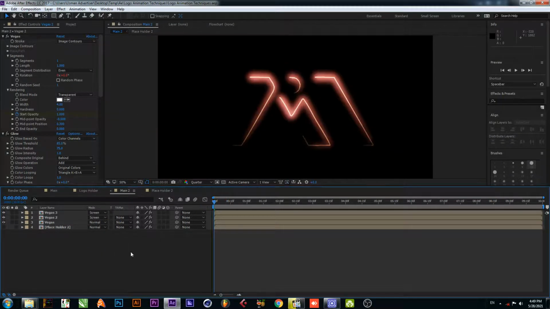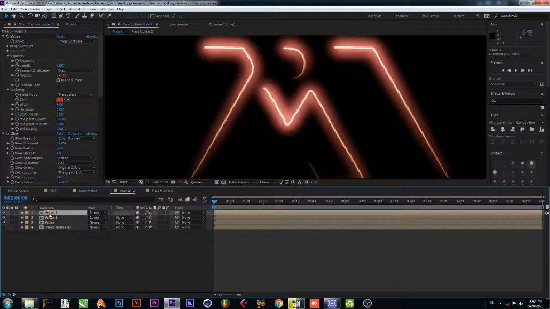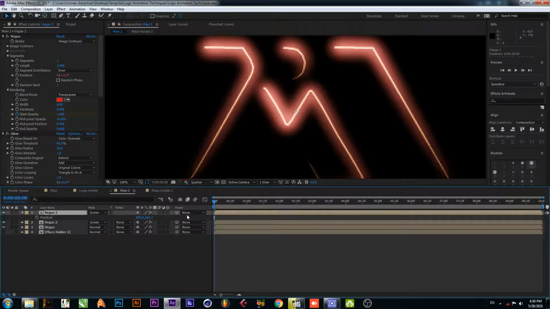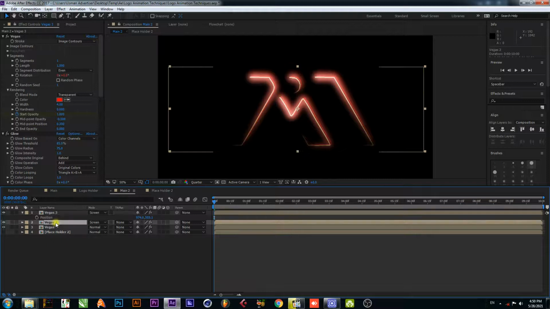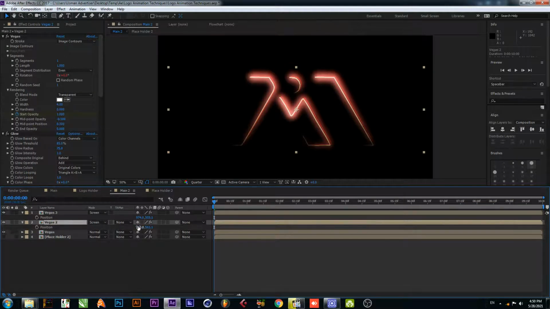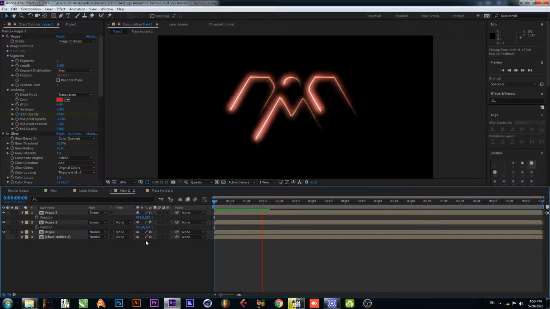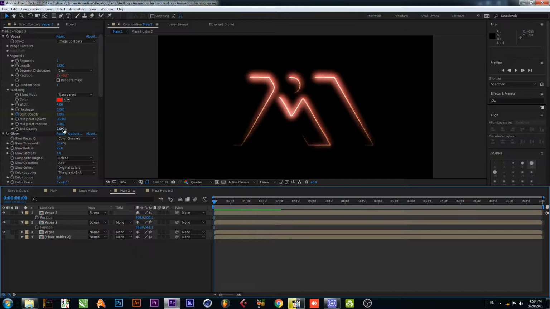Okay, now change the position by press P and like this and change position wedges 2. Okay, now select wedges 2 and change midpoint opacity to